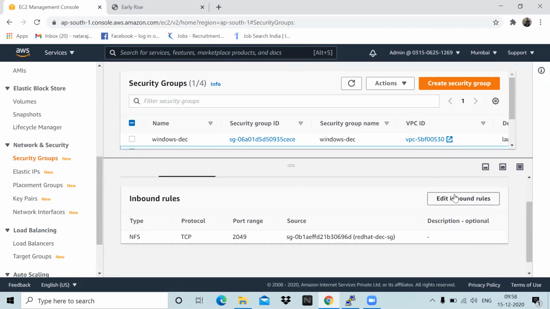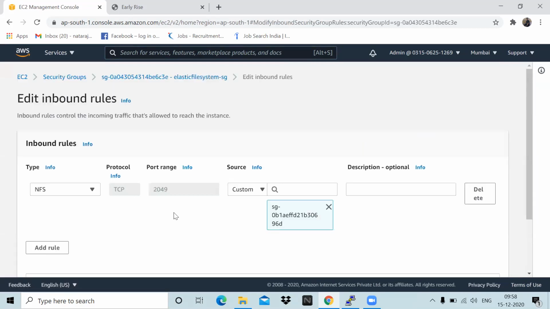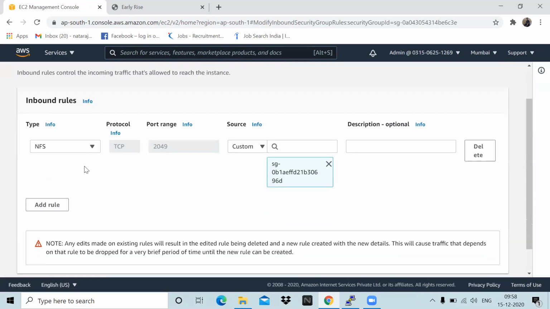Edit inbound rules. Click on that. NFS, right? You have that created. 2049 custom, so this is the correct one, right? Yes. So this is also looking good.